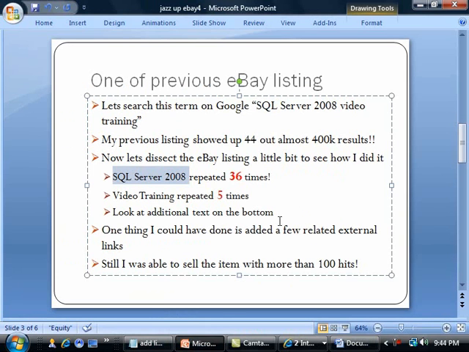From this listing, I was able to generate $60 using some of these search engine techniques. One thing it says here that I could have done is added a few related external links, which I did not in this one. And like I mentioned, the idea behind that is that when a search engine crawler comes to this page and finds a hyperlink, it then goes to that page, and if the secondary page is rated higher, in turn